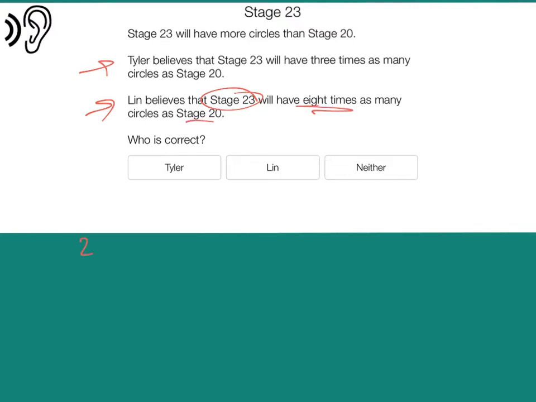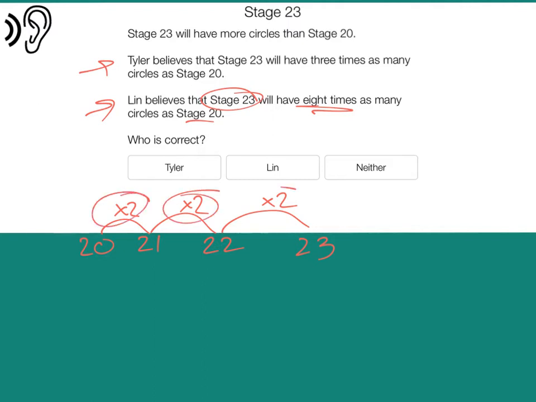Well, if we had stage 20, and then we went to stage 23, there's stage 21 in between and stage 22 in between. To get from 20 to 21, we multiplied the circles by 2. To get from 21 to 22, we multiplied the circles by 2. To get from stage 22 to 23, we multiplied the circles by 2. So if we combine all of those, 2 times 2 times 2,